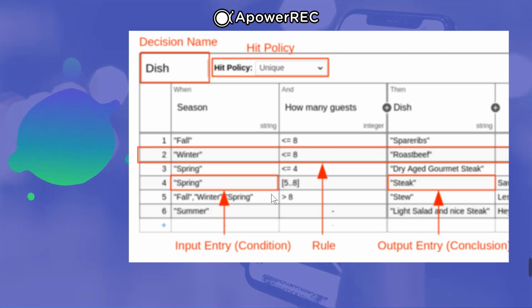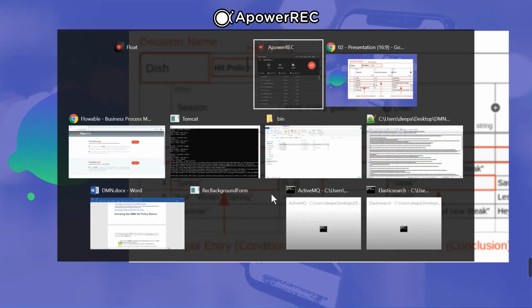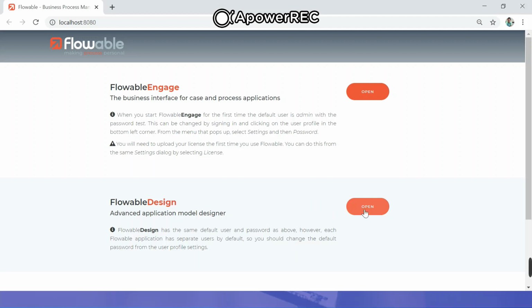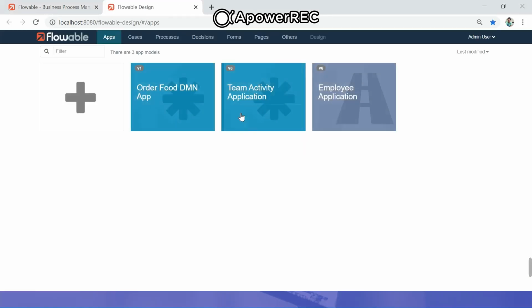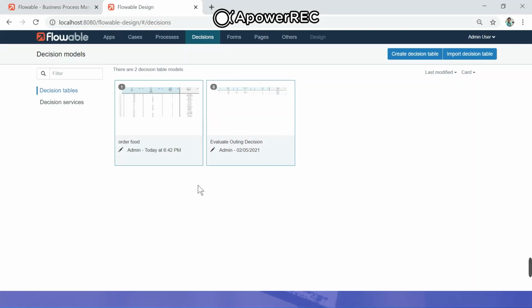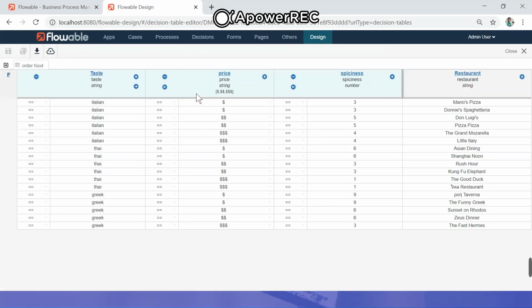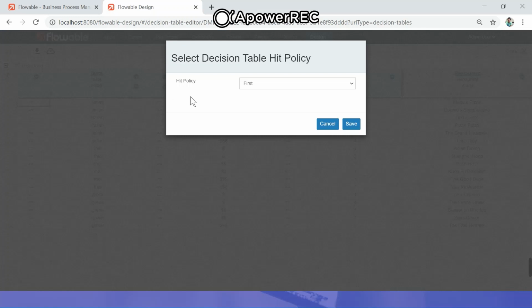Now let's see how a decision table looks in the Flowable designer or modeler. For this, we should open Flowable Design and go into the decisions. I have already created a few decisions, so I'll open one of them. Here, in the top left corner, you will see a sign which symbolizes the available hit policies, or which policy you are using. By using that, we can choose one of the hit policies from the drop-down list in Flowable. Overall, there are 7 types of hit policies available, which we are going to discuss one by one in a later part of this episode.